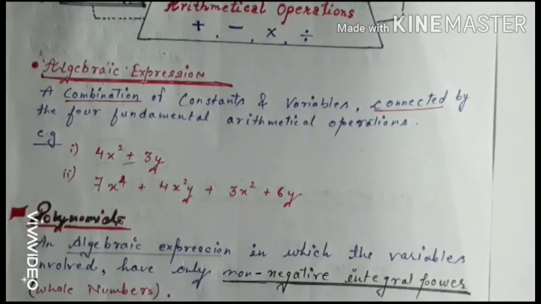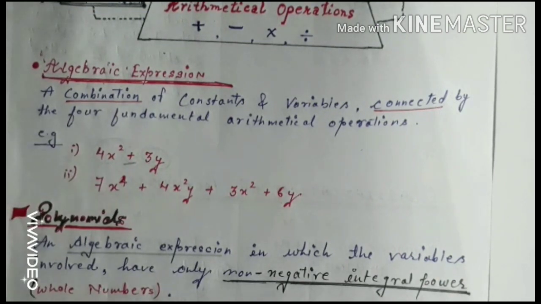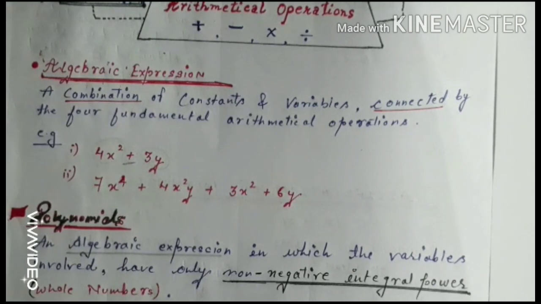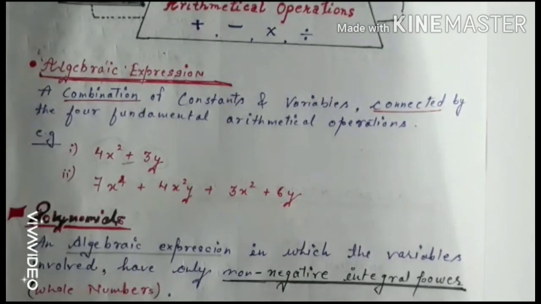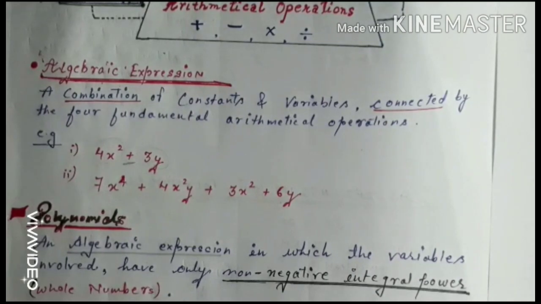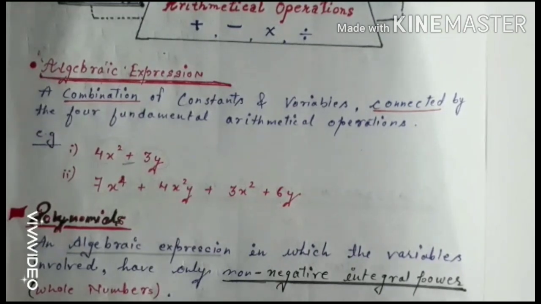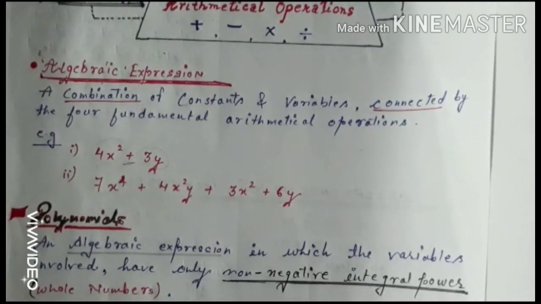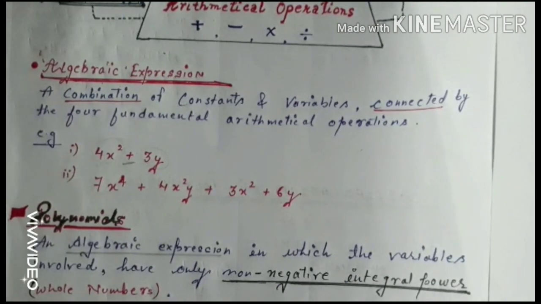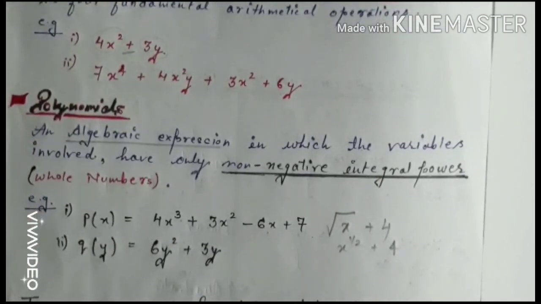Okay, so here this is your algebraic expression, and here the power is 3, x power 3. So it is a whole number. 3x square, power is 2, and here x power 1. That means every x variable has a whole number power. If I write x under root x plus 4, is it a polynomial form? No. Why? Because you can write under root as power 1 by 2. That means x power 1 upon 2 plus 4. That means it is not a form of polynomial.